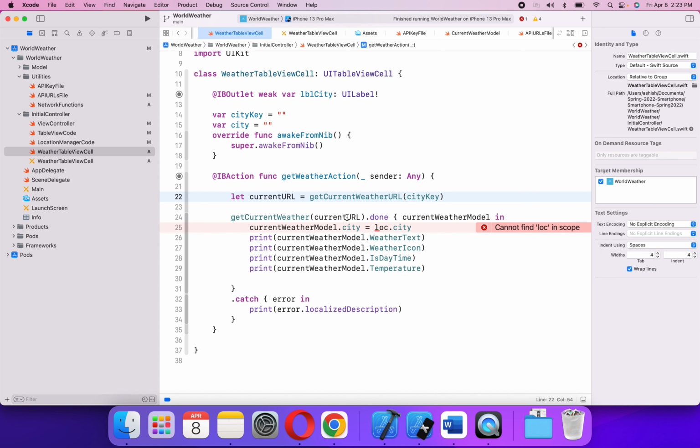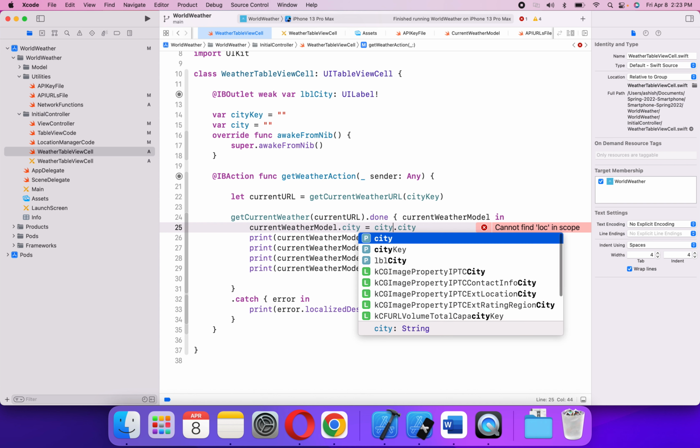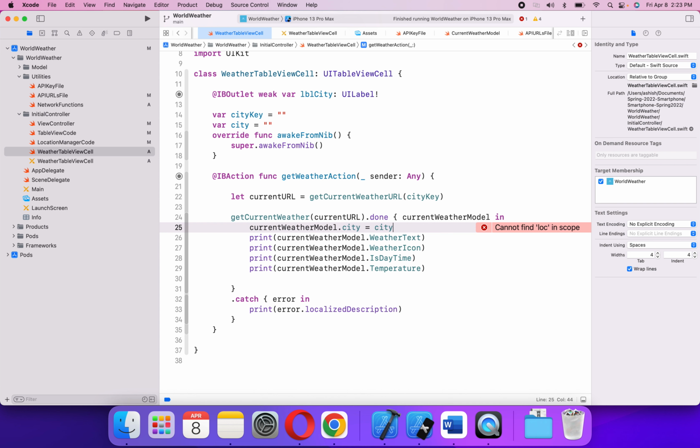When the current URL is done, at that point of time, this will be city, and then we actually get all the value. So self.city. Okay, that is good. So we should actually get all the values which are there, right? So when we run this,